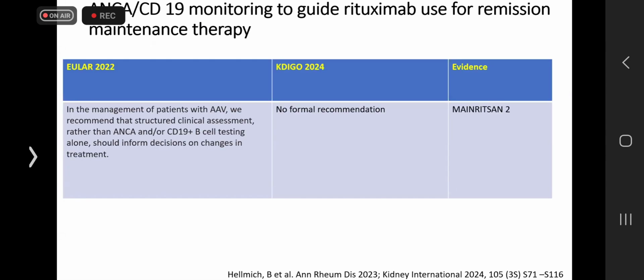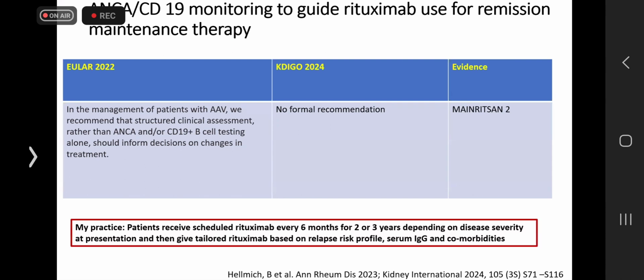The other point that is kind of focused is the role of ANCA and CD19 monitoring in dictating or tailoring the remission maintenance therapy using rituximab. In EULAR 2022, it says we recommend structured clinical assessment rather than ANCA and CD19 monitoring to inform decisions on changes in treatment. There is no recommendation from the KDIGO 2024, and the basis for the EULAR recommendation comes from the